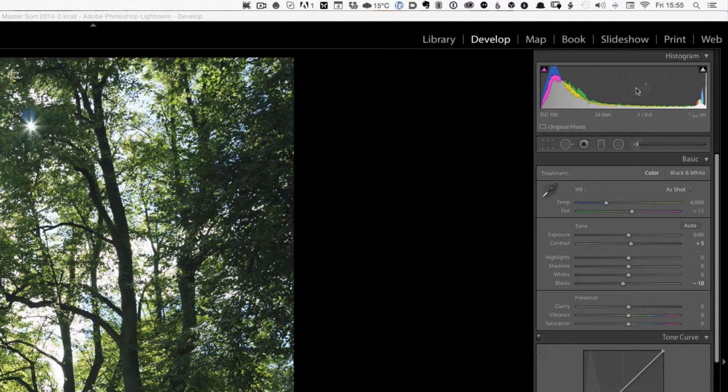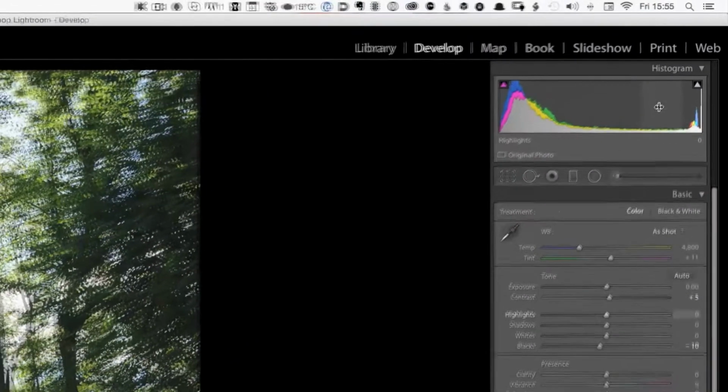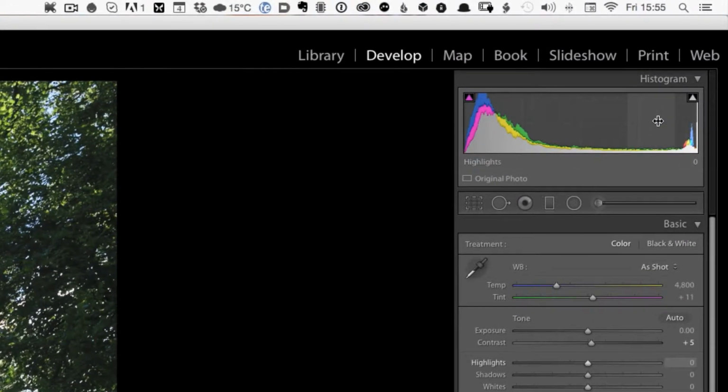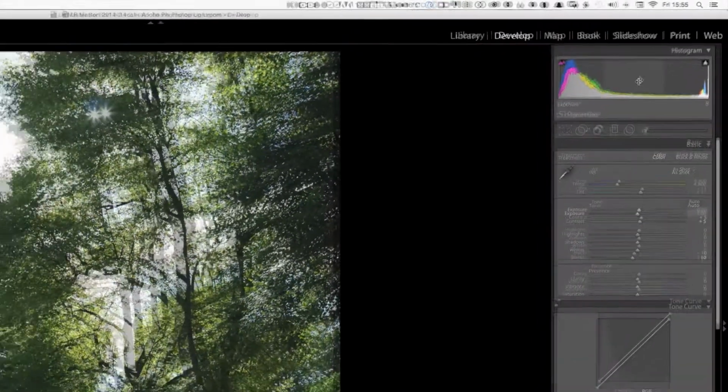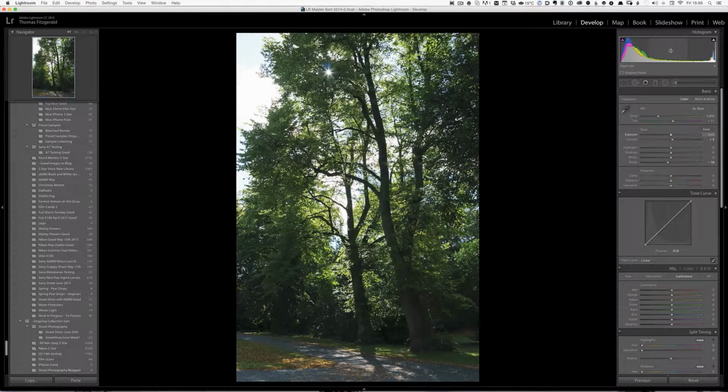If you go up to the histogram here and you click on it, as you hover over different areas, you get a highlight on the histogram. So for example, at the bottom end here we have shadows, and at the very bottom we have blacks, then we have exposure, highlights and whites. So to manipulate it,